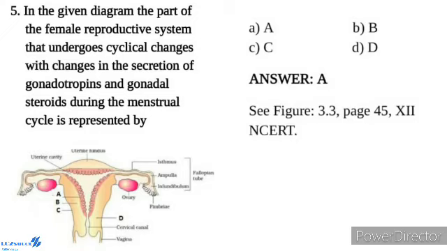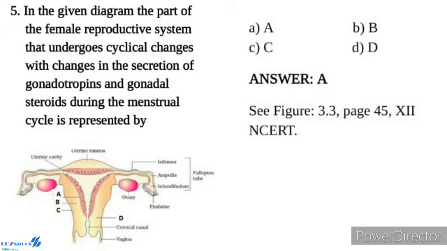Ovaries are the primary female sex organ that produces the female gamete, that is ovum, and several steroid hormones, that is ovarian hormones. The ovaries are located on each side of the lower abdomen. Each ovary is about 2 to 4 cm in length and is connected to the pelvic wall and uterus by ligaments. Each ovary is covered with thin epithelium which encloses the ovarian stroma. The stroma is divided into two zones, the peripheral cortex and an inner medulla.